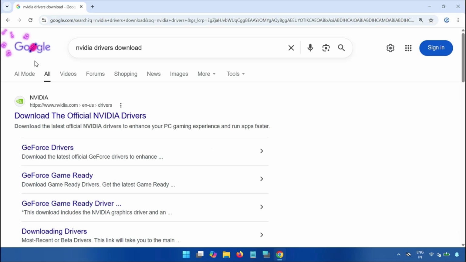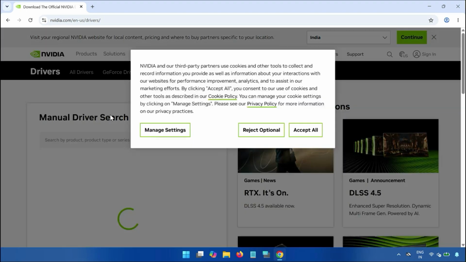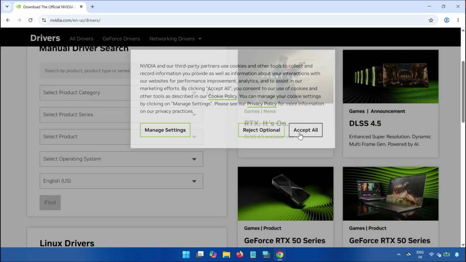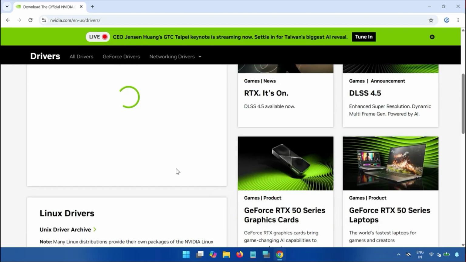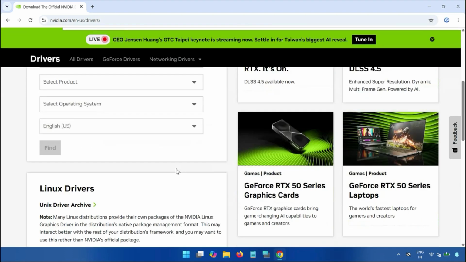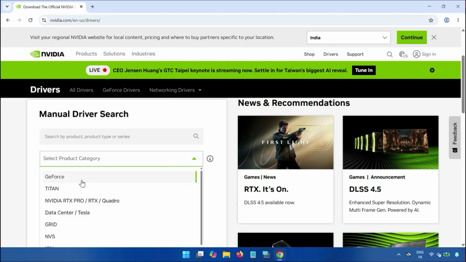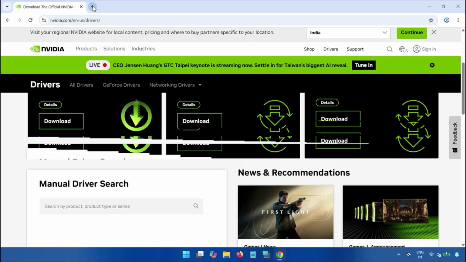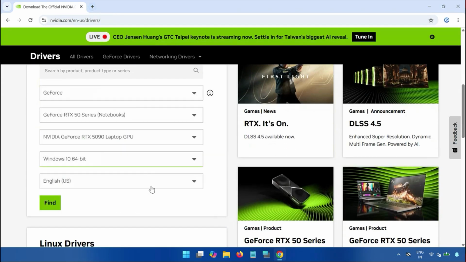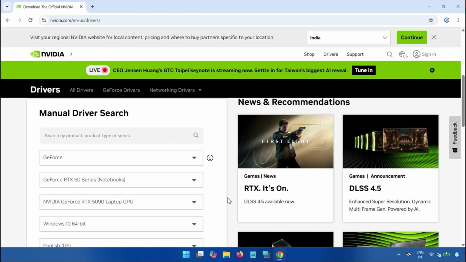suppose you are using the NVIDIA graphic card, so search on NVIDIA driver download and go to this NVIDIA official website, click on it, then accept all. Scroll down, select the category which you are using. Okay, otherwise you can search directly with your model number. Okay, you can enter also serial number,